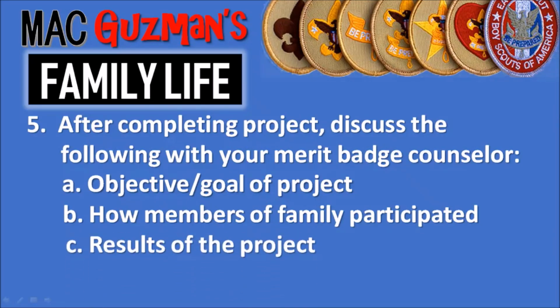And for this family project, it was something I've done before and that you've all seen. It was a part of my camping merit badge for the conservation project, and it happened to count for this as well because it was also a family project. It was trimming the trees because of the hurricane. And what we did,